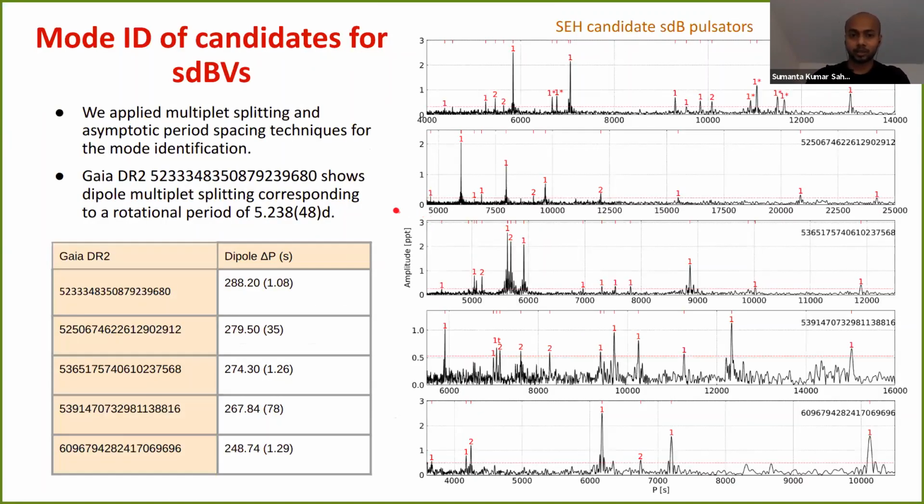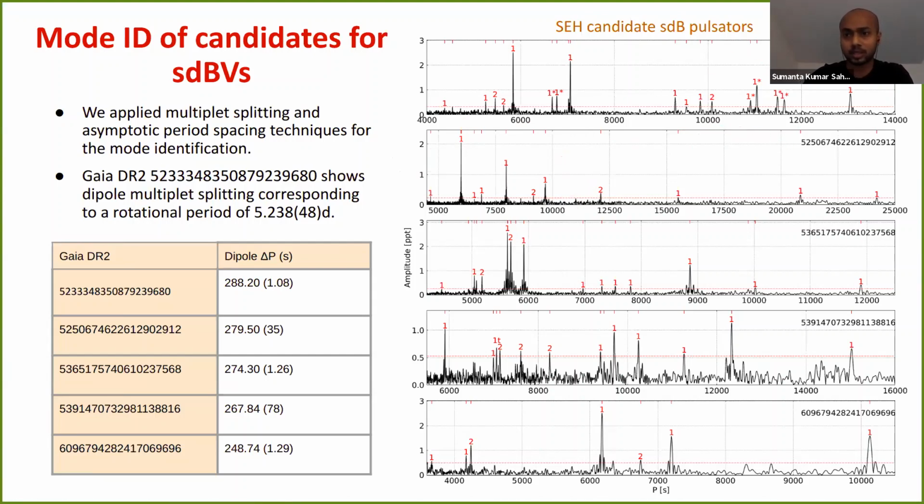So coming back to the FFI targets and the candidate g-mode stars we found with rich pulses and peaks, we selected a few of them which have really rich g-mode peaks and tried to do the mode identification the same way we did for the short cadence data. And if these targets turn out to be SDB, we already have the mode geometry determination of these targets.